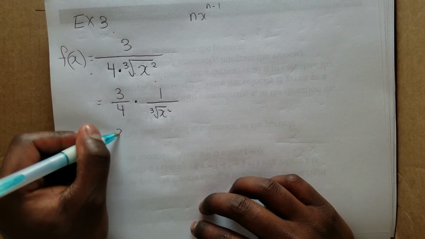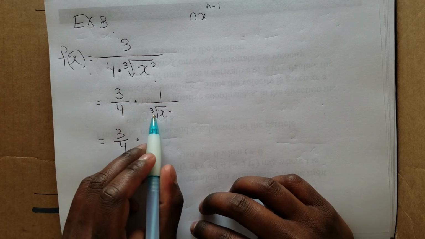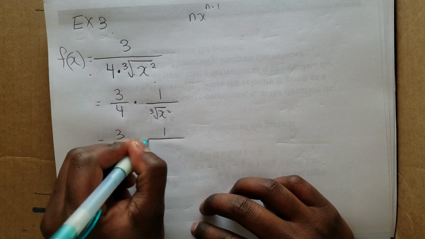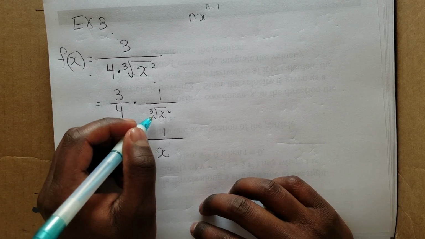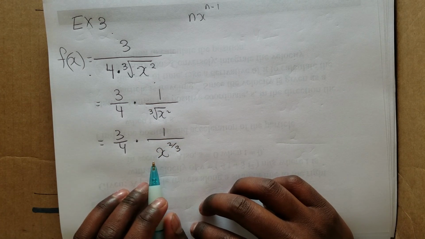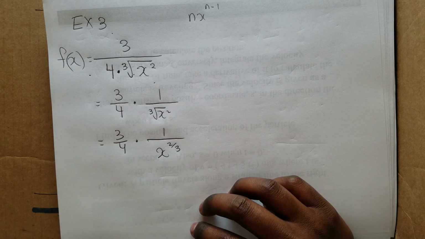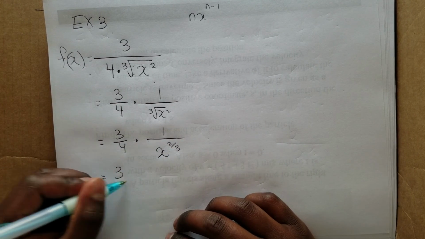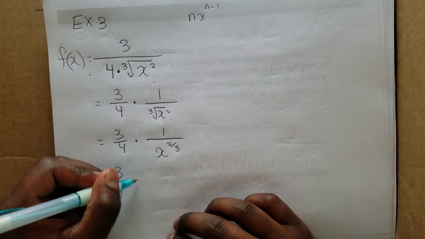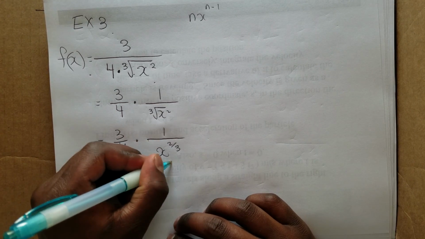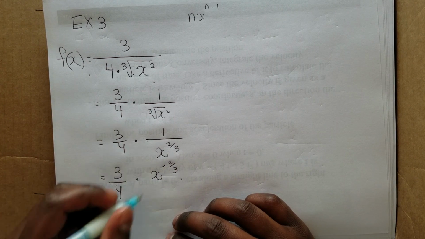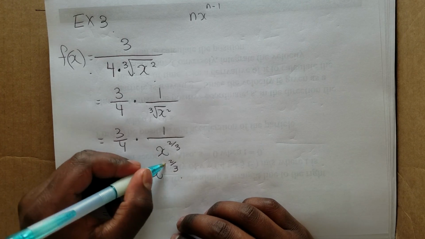So now you can take out the radical. This is the cube root of x squared. You can take out the radical by rewriting this as x to the 2/3. This becomes the bottom, this goes on top, so 2/3. This is the same thing as this. So you get x to the 2/3. Now we want to try to make this into this form, so we have to get the x on top. But when you put the x on top, this becomes negative 2/3. So now we have it in this form. So you leave this as 3/4 and you solve for this. So this becomes negative